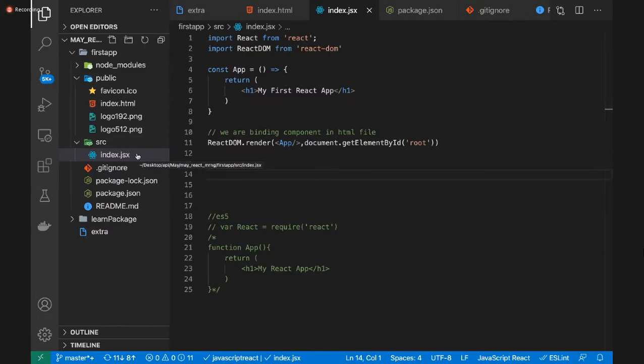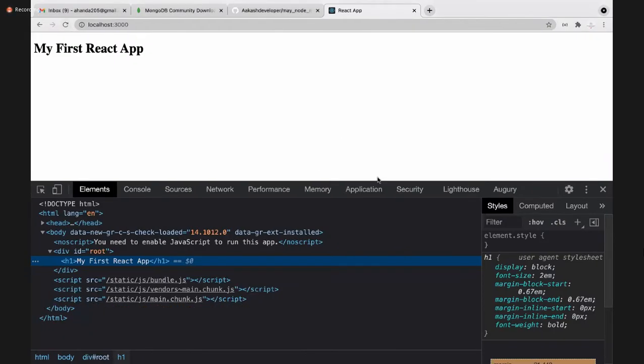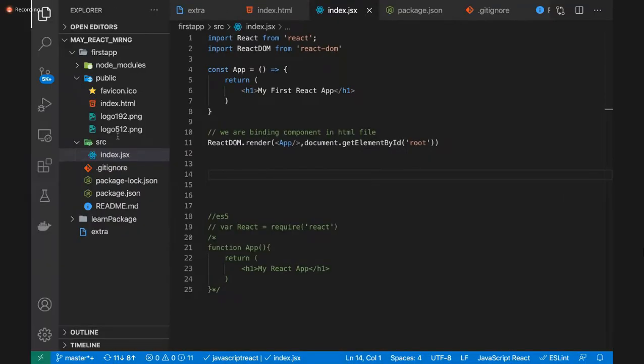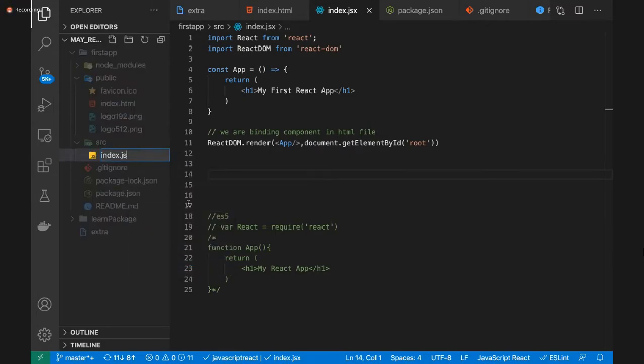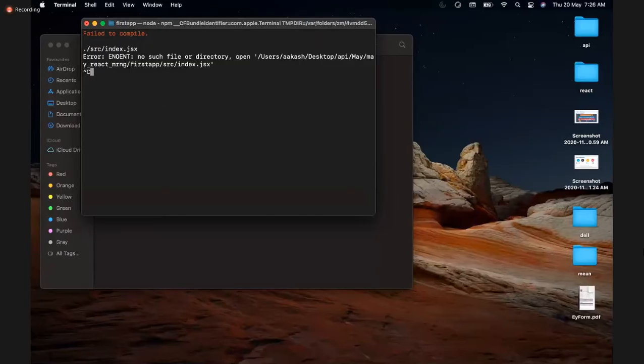But these days, if you see, maximum people are using JS files only, because JS is a standard that everybody follows. But if somebody sees JSX files, no need to worry. So see, same output, nothing changed. Just do one thing. If you're writing JSX, then write everything as JSX. If you're writing JS, then write everything in JS. If both are fine, you go with any one of the ways. I'll prefer to go with JS, guys, because that's what the market is using. So I'll stop it once again. Control C to stop and run this.